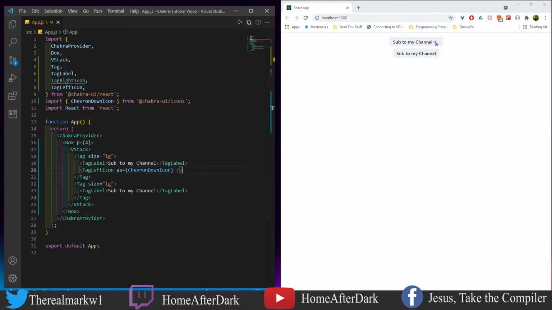So now we have this chevron coming here. It's pointing down. Looks like a drop down, right? Except there's nothing you can do here to click on it. It's just a symbol here. Although if we wanted to, in our tag we could do as and then assign it a button, make this clickable. So let's take this and do a copy and paste, but we're going to switch this to a